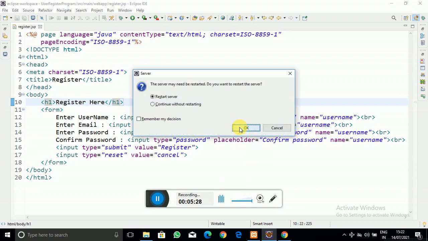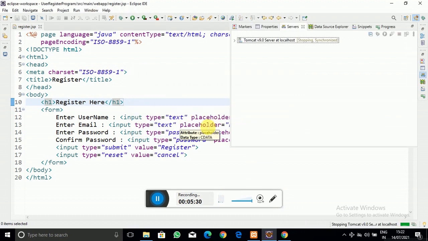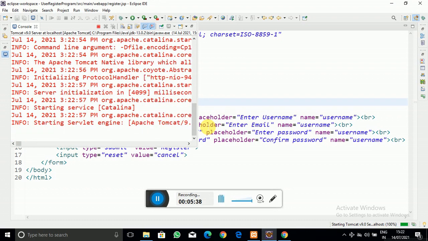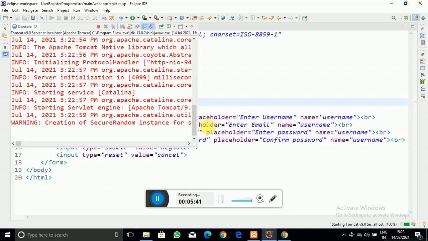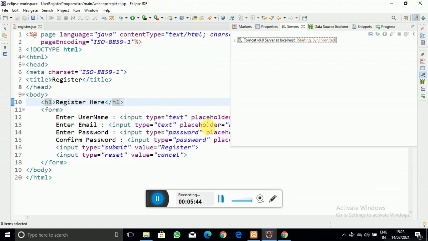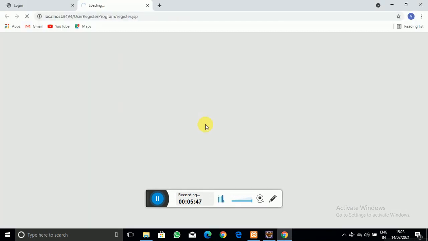Yes, restart the server. Now you can see the Chrome browser will open and our form will appear, which we have created. So just wait for some time and our form will appear in the Chrome browser.